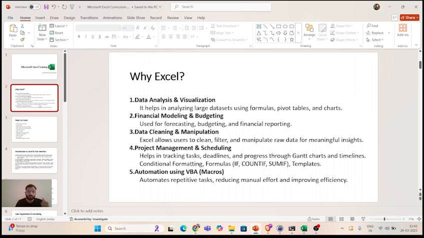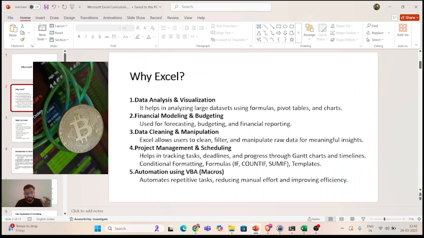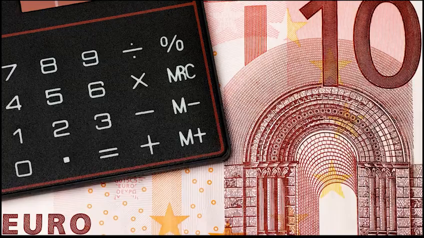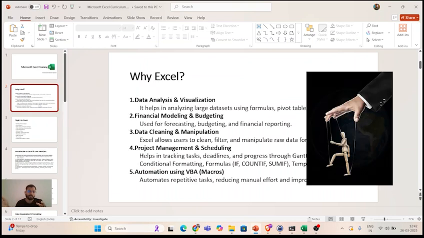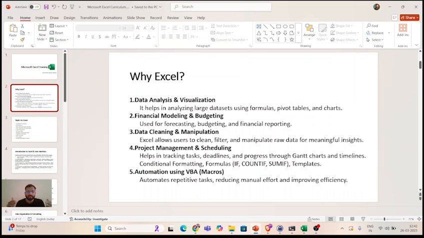Correct? Second, financial modeling and budgeting. It is used for forecasting, budgeting, financial reporting, creating MIS reports and many more things. Third, data cleaning and manipulation. Obviously, when we work on a real project, trust me on this, real data is always messy. It has lots of inconsistencies and so many errors.